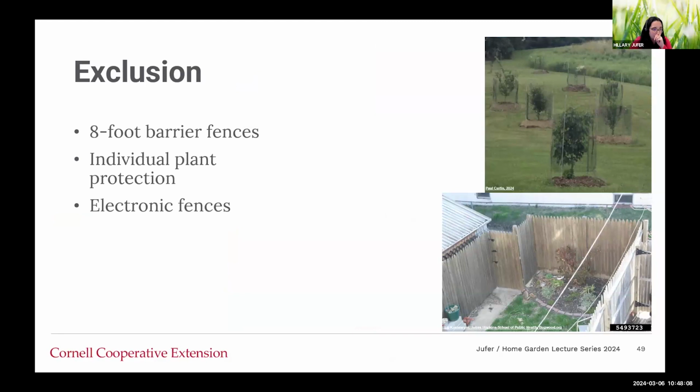So exclusion is your best friend with deer. And while an 8-foot barrier fence is going to be the most effective, you can see it down here. It doesn't have to look exactly like this. If that's not a possibility, you can always just protect individual plants. If you're doing individual trees, you're going to want to have woven wire or plastic cylinders at least 6 foot high, because that's their browse line. And then you can also use